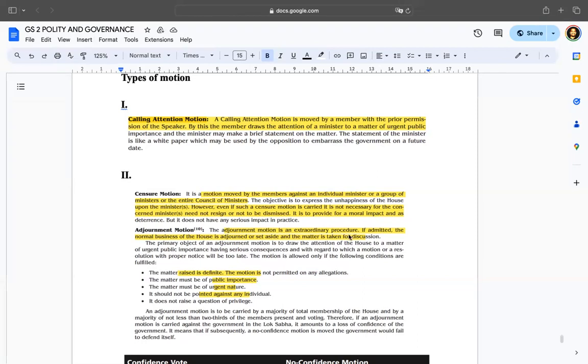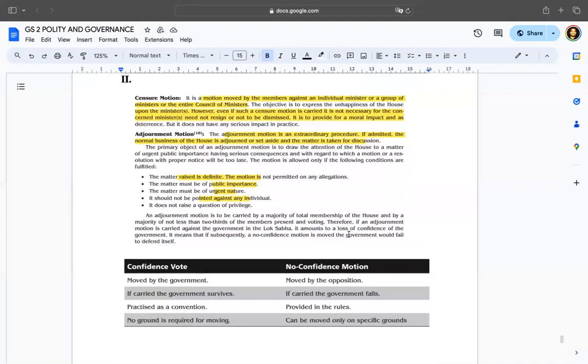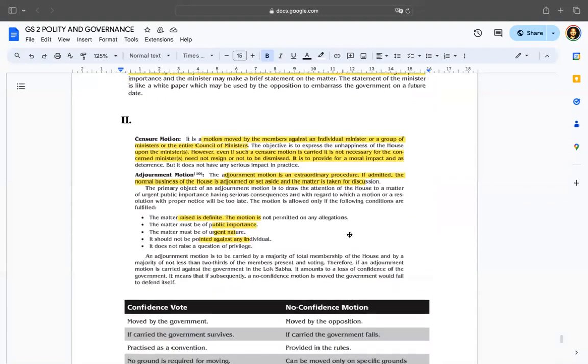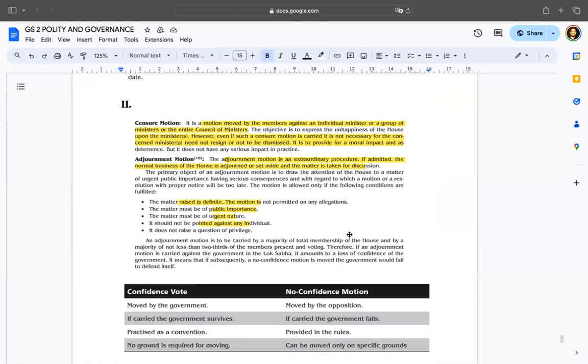तीसरा होता है कंगारू क्लोजर। कंगारू क्लोजर के अंदर क्या होता है कि आपका कैसा भी बिल हो, आपने हाउस के अंदर ये बोल दिया कि अगर आधार बिल है, आधार बिल के ऊपर चर्चा होनी है, तो आप सिर्फ टेक्निकल एस्पेक्ट को उठा लीजिए कि नोडल अथॉरिटी कौन होगा और उन्हीं की चर्चा कर लीजिए, उन्हीं से सारा आधार बिल डिस्कस हो जाएगा। आपने ऐसा मोशन पास करवा दिया, वोटिंग हो गई, तो आपका डिस्कशन बंद हो गया। इसको बोला जाता है कंगारू क्लोजर। कंपार्टमेंट और कंगारू में सेम ही चीज है, लेकिन कंपार्टमेंट के अंदर आपने बिल के कंपार्टमेंट कर दिए, यहाँ पे कंपार्टमेंट नहीं हुए। यहाँ पे आपने बोला कि इंपॉर्टेंट मुद्दा कौन सा है पूरे बिल का, वो उठाओ, उसको पास करो, पूरा बिल पास।